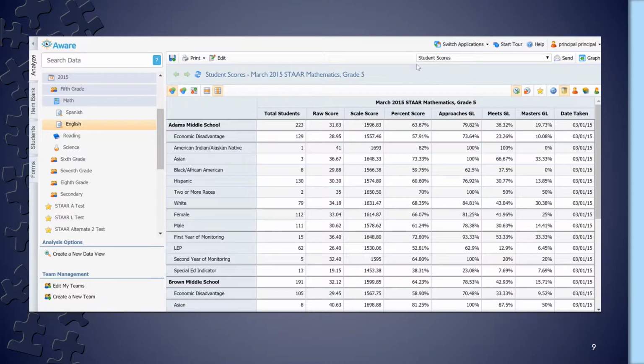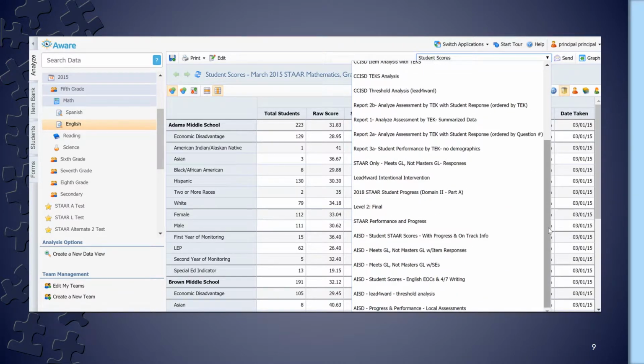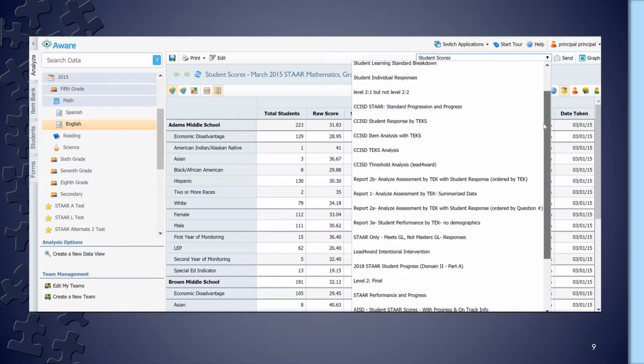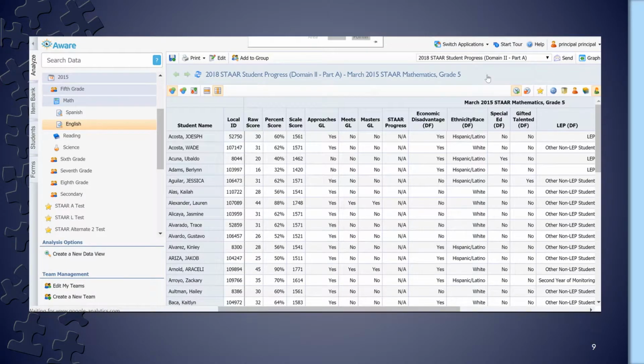Right now we're looking at the overall student scores, and we want to choose the report that says 2018 STAAR Progress. In BISD, when you open this up, it's going to be the very last one as you scroll down. In this demo data, it's about halfway through my list of reports. So I'm choosing this, but yours will look the same exact way, 2018 STAAR